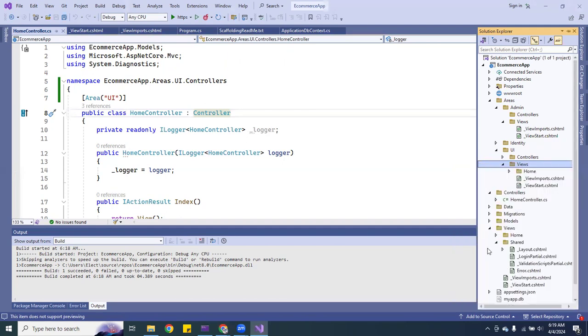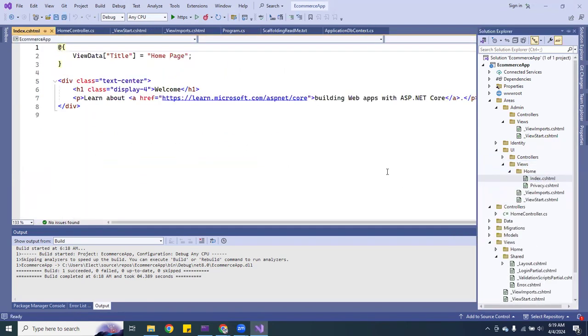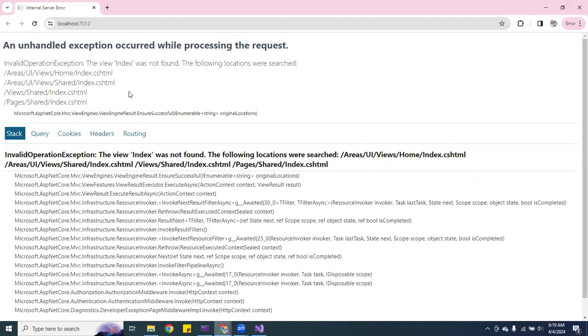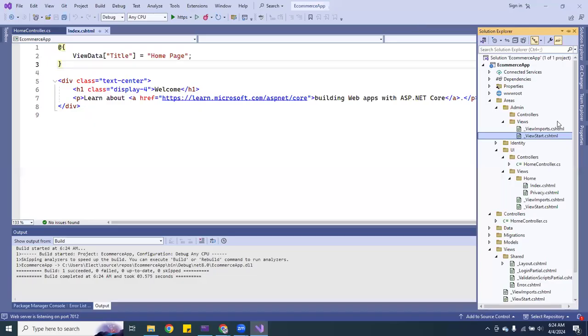Go ahead and paste it. So now it's the home index. Okay. So I think I have to rebuild it again. All right, guys. So what we did is we moved the home controller here,